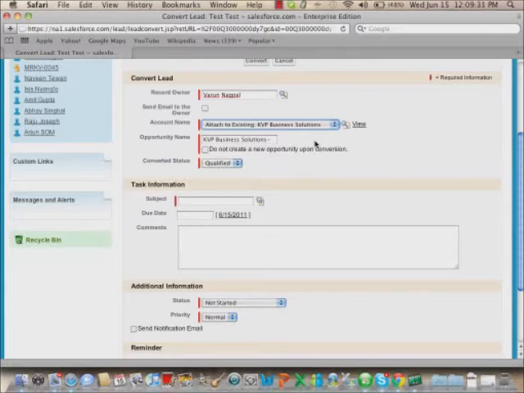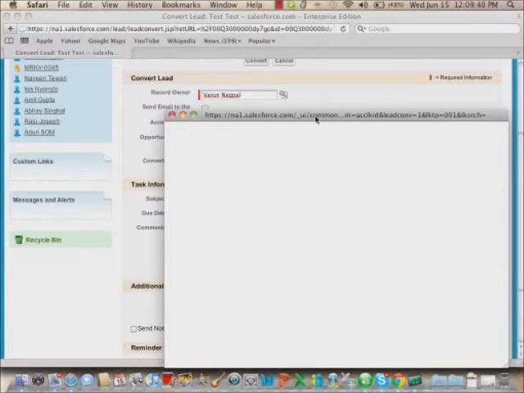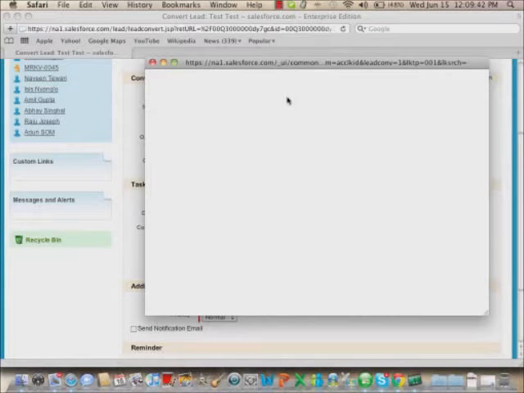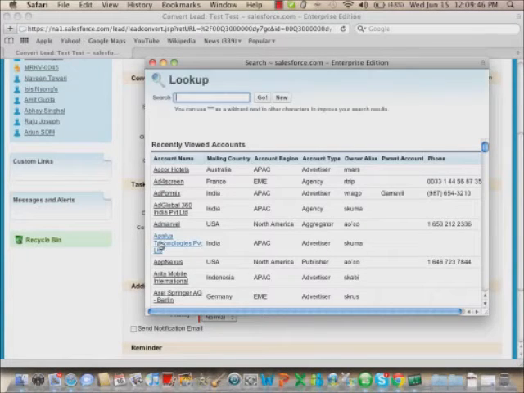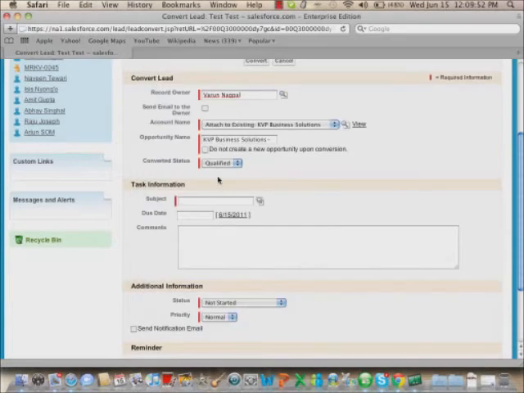But just in case you feel that the list which is showing up here is not appropriate, I feel that there is an account which is existing in the system, because there might be a chance where I'll just put K space V space P in an account name. So at that time what you can do is you can just click on this lookup window, and here you can search for your accounts which are already there. So then you choose, okay, from this I feel this is the right one, so I'll link it to this one, right? So right now I'll just attach it to existing KVP business solutions.